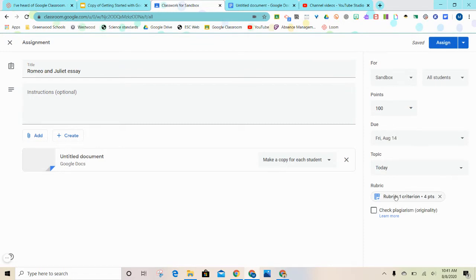I can reuse that again in the future if I want to. Your last option right here is this check plagiarism or originality. This can only run 3 times per Google Classroom. So if you plan on keeping this classroom open for a whole year, you can only do this 3 times for the whole year. A lot of teachers really like this feature, and so they make a new Google Classroom after the first semester is over so that they can run it 3 more times for a total of 6